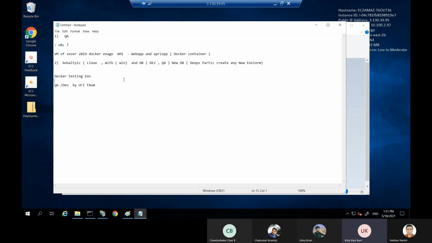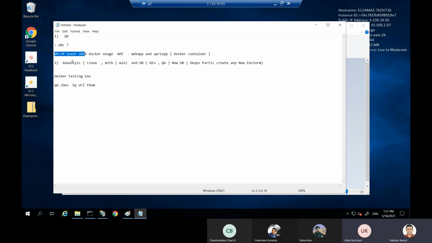So parallelly the developers do the testing and we set up analytics and Mirth. That is not yet started. Let's see, once we create the environment and give the URL to them, after that we'll start on the Mirth analytics.